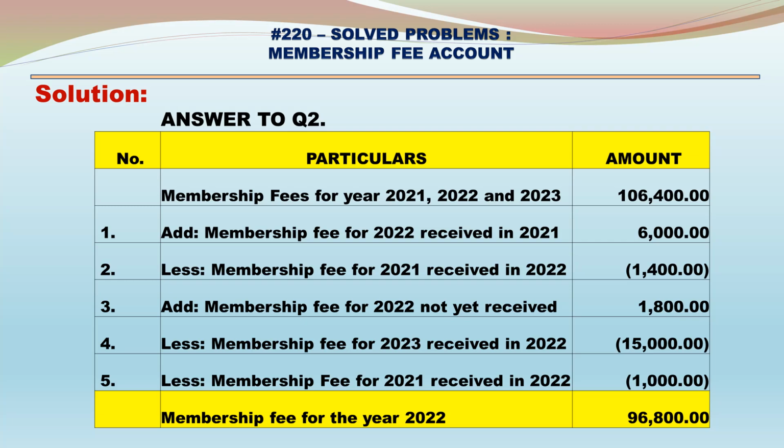Add membership fees for 2022 not yet received: 1,800. Less membership fees for 2023 received in 2022: minus 15,000. Less membership fees for 2021 received in 2022: minus 1,000. So finally, the membership fees for the year 2022 is